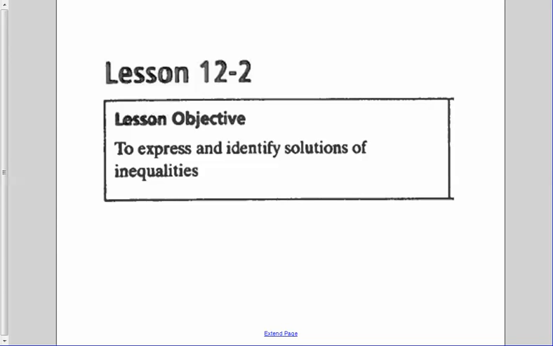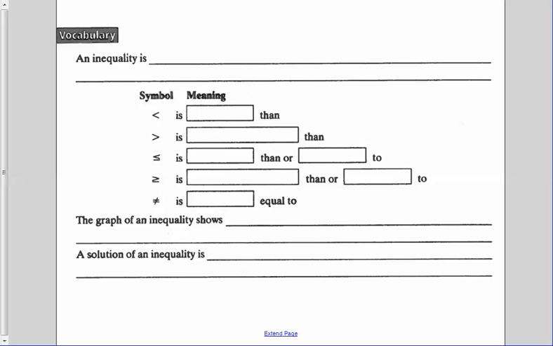In lesson 12.2, we're looking at expressing and identifying solutions of inequalities. And a reminder that an inequality is simply a mathematical sentence, except it contains